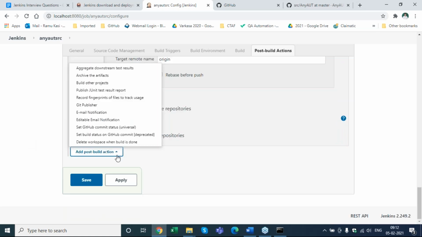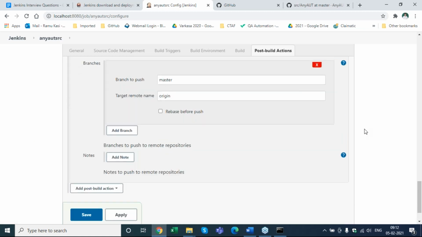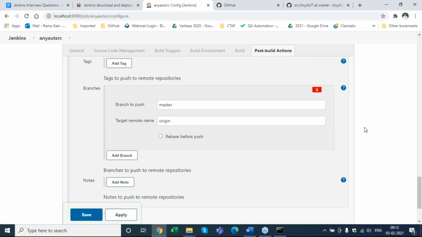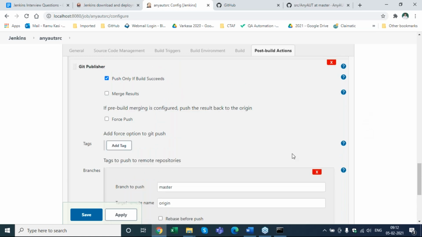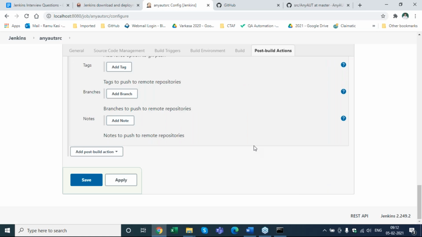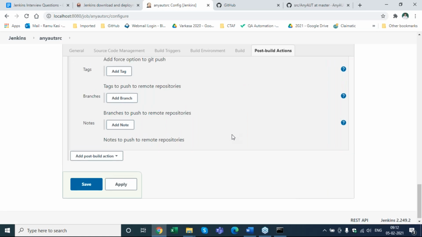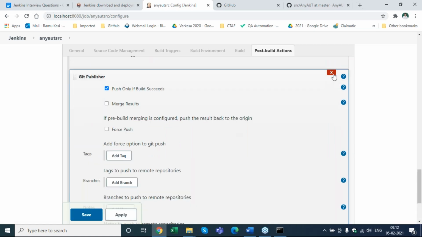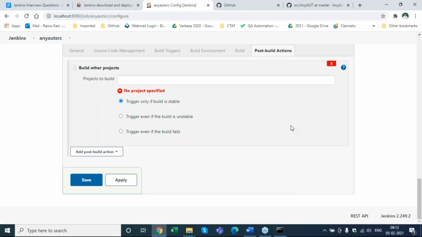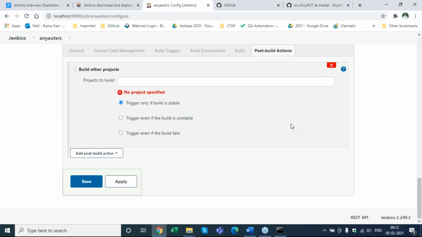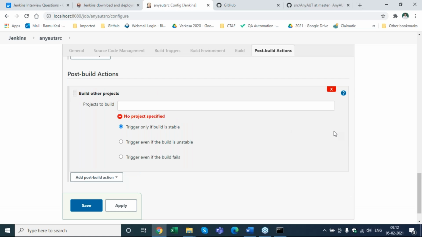Just scroll up. Close that GitHub thing, branches, the red cross. Close it. Another Git publisher, red cross, close it. Okay, now build other projects. There you go. So, projects to build.